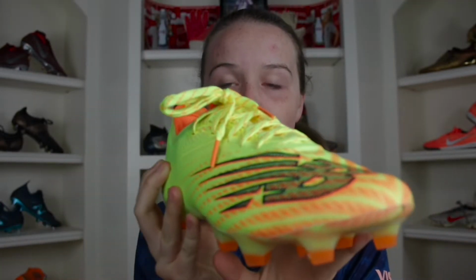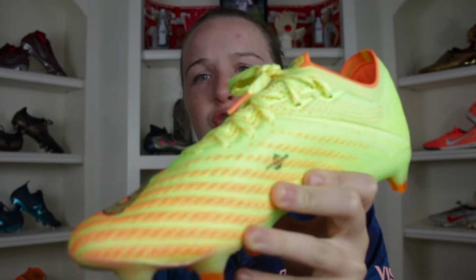Starting off, you can get these ball boots for $210 USD, 180 pounds sterling, or 220 euros. The main colors of this ball boot are Bleached Lime Glow as well as Citrus Punch. Let me just tell you, this colorway is absolutely insane, definitely going to catch your eye, and super bright and